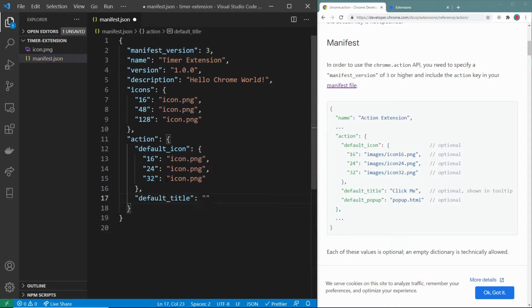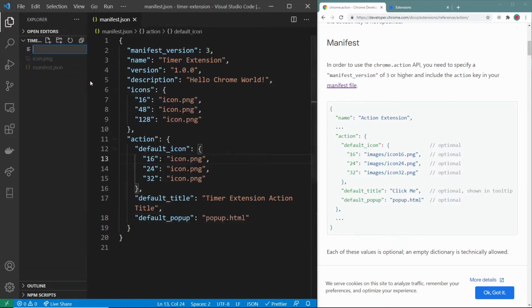We'll make this title slightly different. We'll say timer extension action title. We'll add in a default pop-up field. And here, this is the actual HTML file that will be loaded when you click on the extension. So for now, we'll put in popup.html, and we'll save our manifest file, and we'll create a new file called